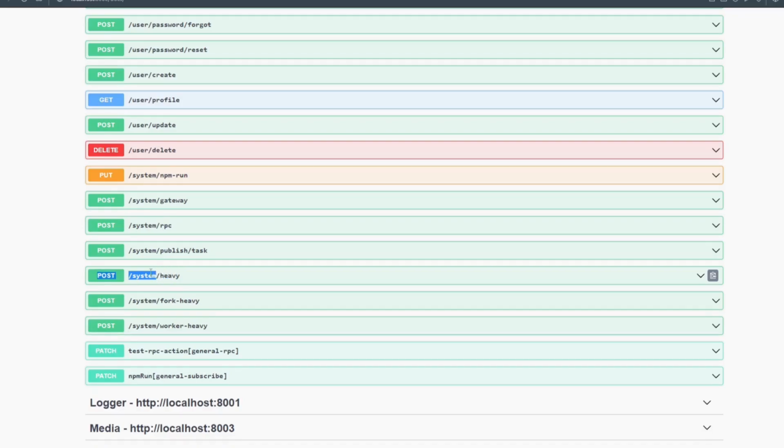From the scaling lesson, /system/fork-heavy, create a child process. /system/worker-heavy, create a new thread. Test RPC action, general RPC, this is a test RPC handler. npm run, general subscribe, a handler that listens to the general queue, and this is where the console program will